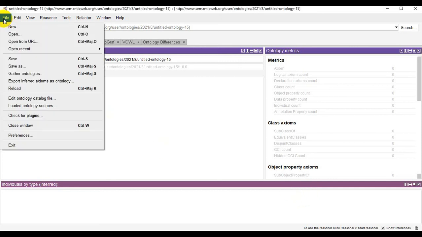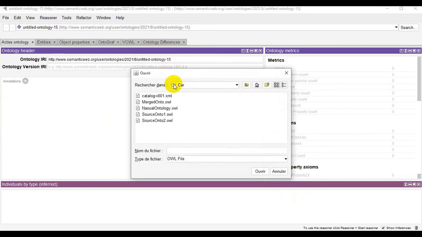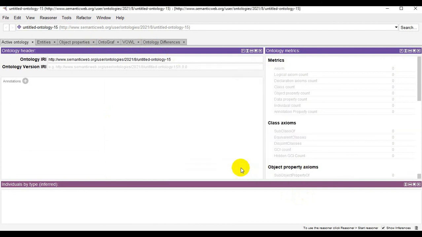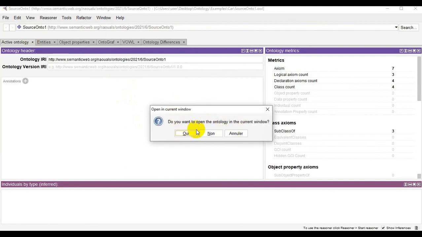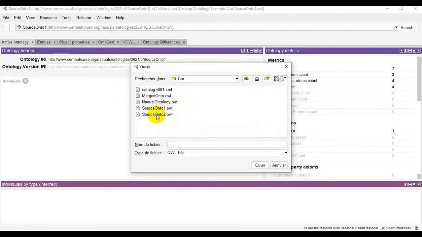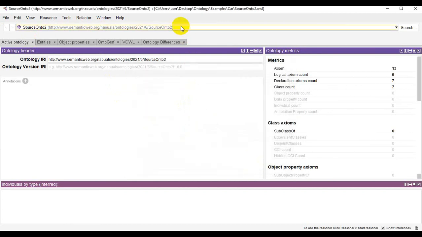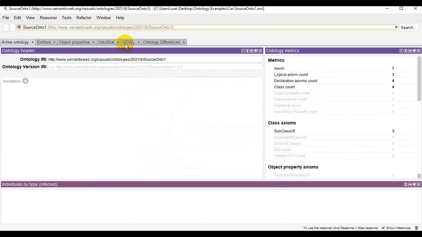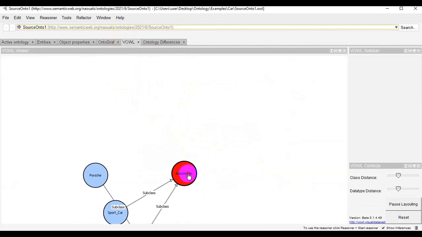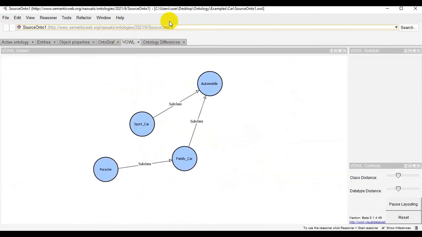First, we will open the two source ontologies in the same window. So here we have the first one, and in the same window we will open the second one too. We can visualize them here. So I will use the OWLViz plugin.